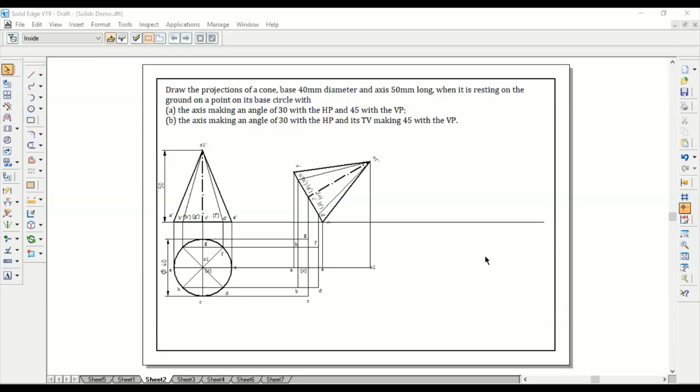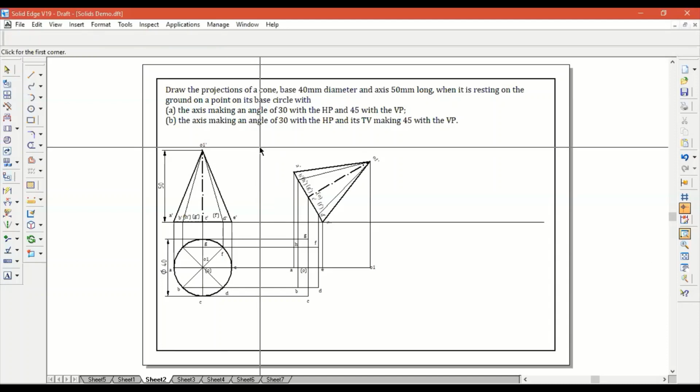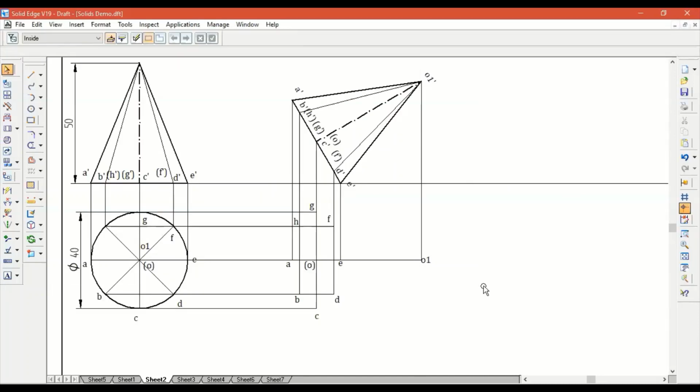So right now you can clearly see that all the points in the top view of the second stage have been marked. So what I'm going to do now is zoom into the region we need and identify which is going to be visible and which is going to be invisible. Obviously, as I said earlier, the base is not going to be visible. It's the apex that is closest to the observer that is going to be visible. So in order to do that, I skip darkening the base and I darken the boundaries. This would have been perfectly fine if this were a pyramid or prism, which would have natural edges and corners and the like. Unfortunately, in a cone, you have no natural edges, no corners,